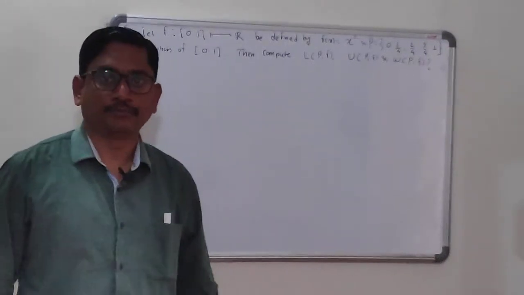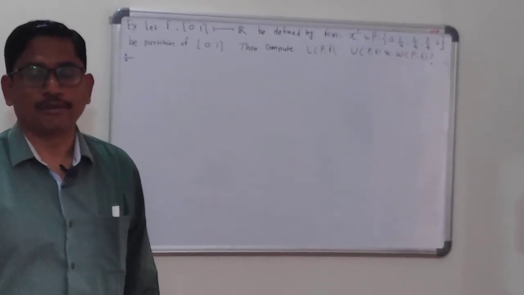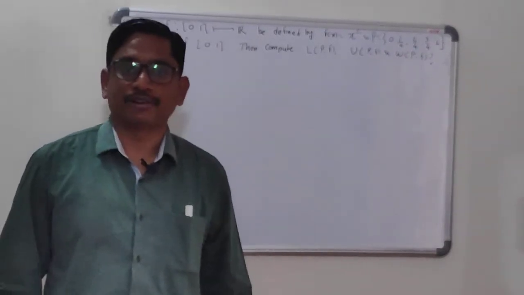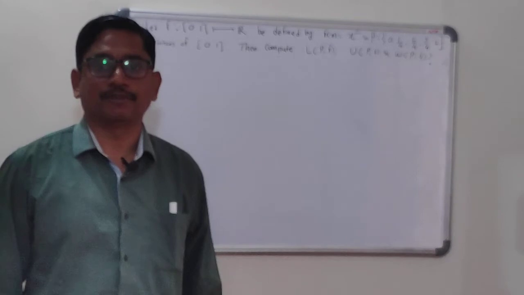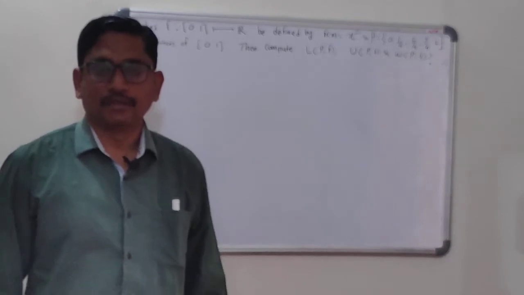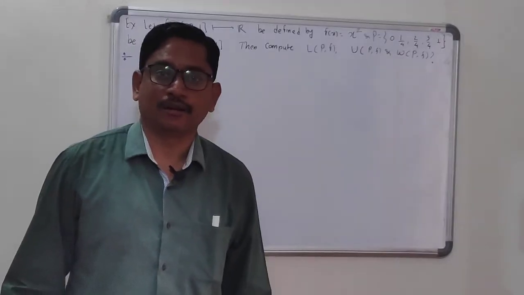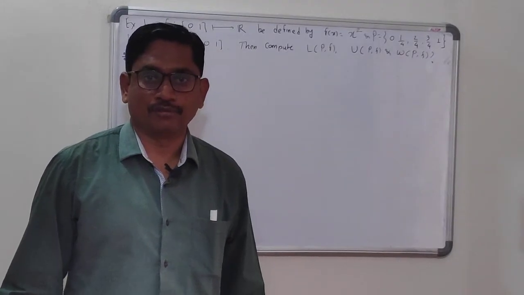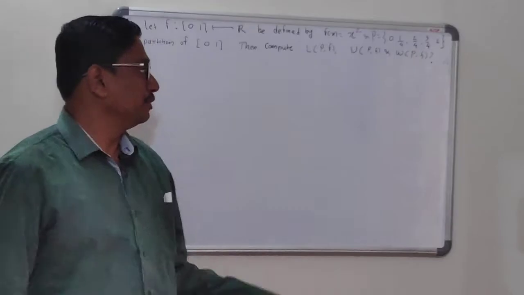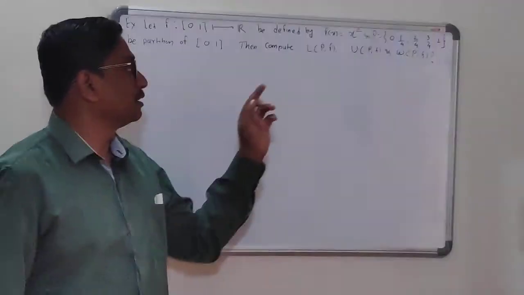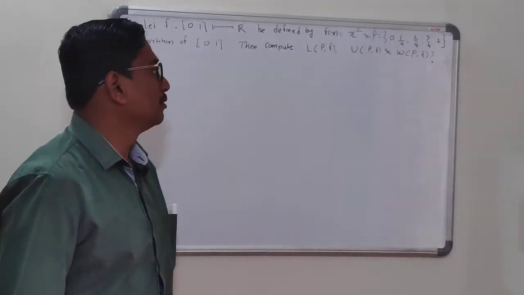Hello everyone. In the previous lecture, we discussed how to construct partitions, and with the help of the partitions for a function defined on that interval, how one can calculate the lower Darboux sum and upper Darboux sum. So we have to take an example on that. We'll discuss this example. I have taken the example of a parabola, that is f of x equals x square